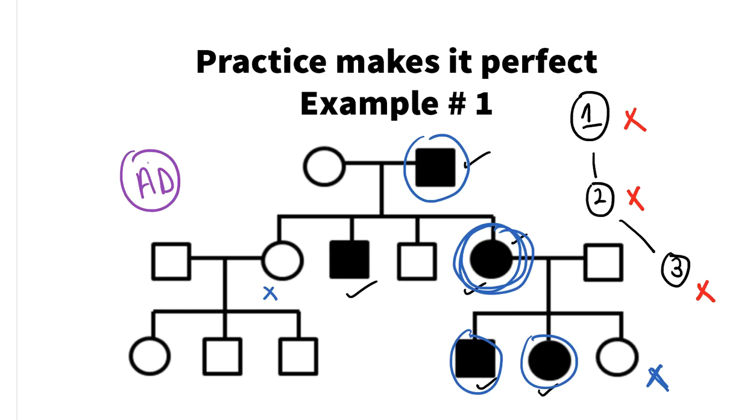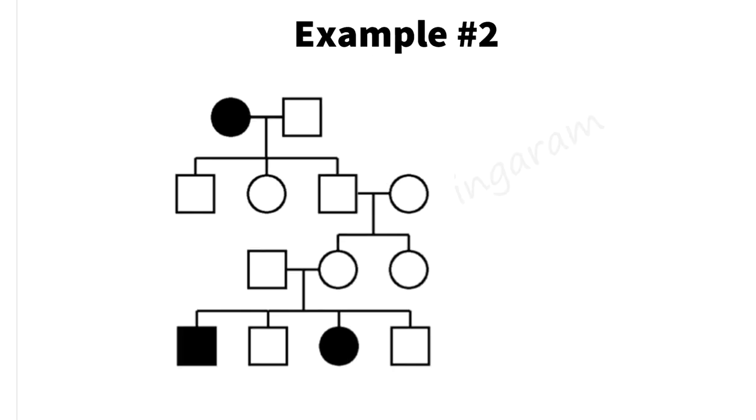So what I would want you to remember here is, even when you look at the exam, casually you will just think like this: all generations are affected, males and females are affected, straight away you put autosomal dominant. That is correct. But if you follow the rules, it is not going to take more than 10 seconds, and you would have already excluded all the other diagnoses, and 100% confidently you can mark the answer. So always follow the rules before you say the final answer.